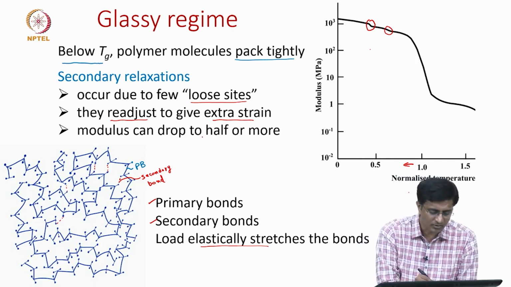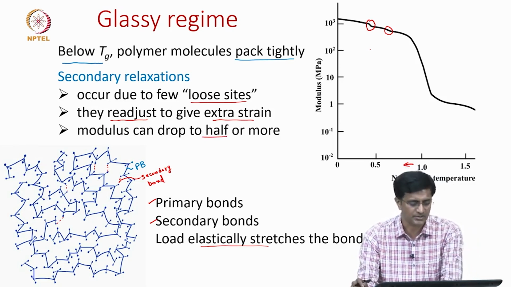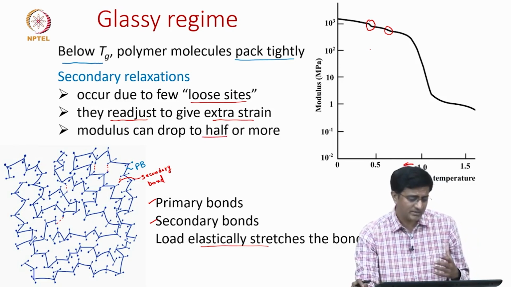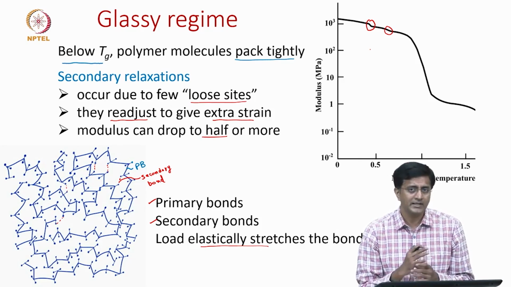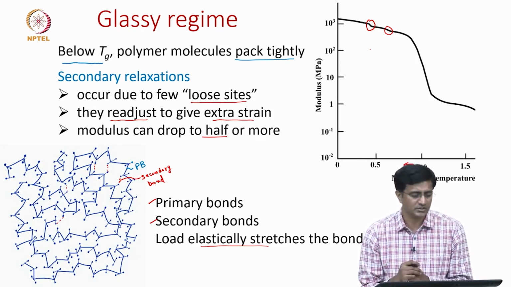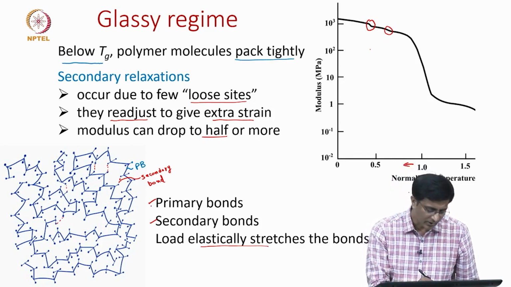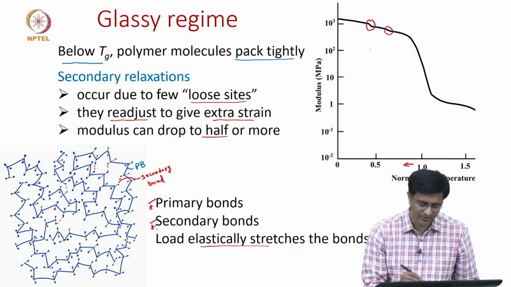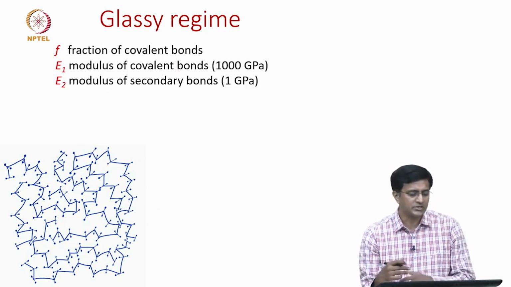As I mentioned, the modulus drops at most to half or even more in some instances. But now let us see, from this framework of the glassy regime, whether it is possible for us to estimate the modulus of these glassy regimes in terms of, again, the primary bonds and the secondary bonds. For this, we will start by